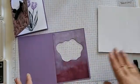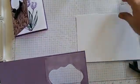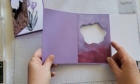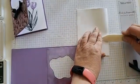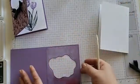All right, so now that we have it die cut out and it's ready, what we're going to do is take this card base on the left side of the score line, and we're going to line it up. Actually, let's go ahead and fold this up so you can see how it's going to work out. Grab your bone folder, crease it. We'll crease that base and we'll crease this base,